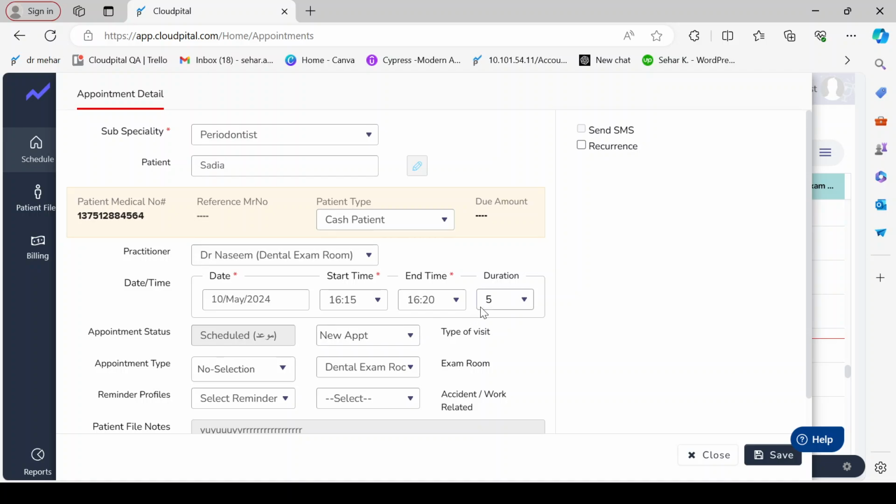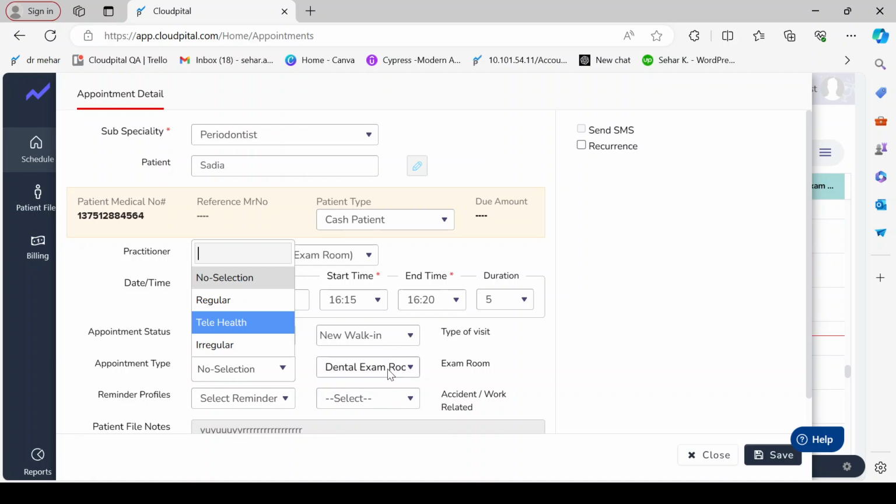We have multiple types of appointment visits like new walk-in, follow-up, radio walk-in, emergency ambulance, and emergency walk-in. Currently I'm making an appointment for the new patient, so just click on new walk-in. We have appointment types like regular, telehealth, and irregular. By the way, telehealth is a very good feature in our system. It's just like a video conference. The patient registers and logs into our mobile app, and creates a session, like a video conference between doctor and patient.